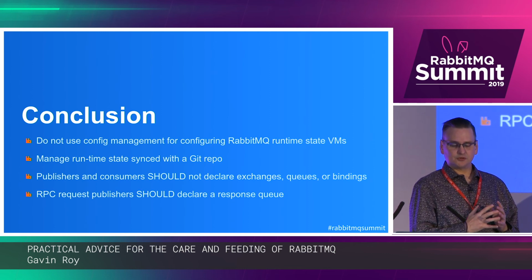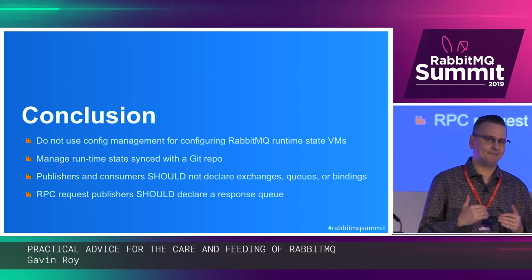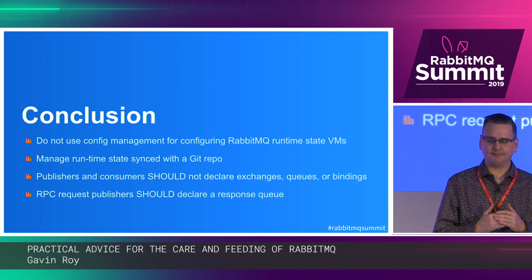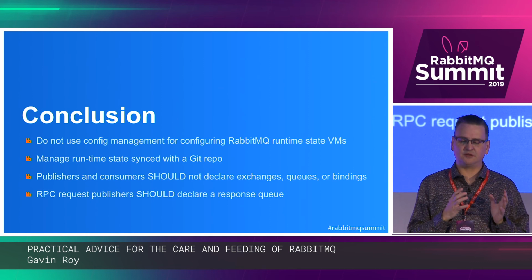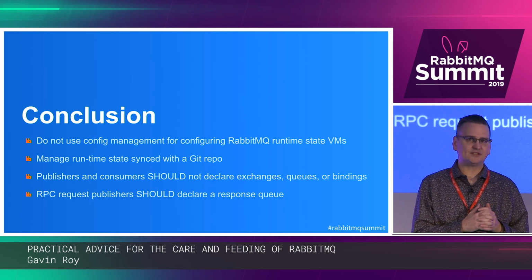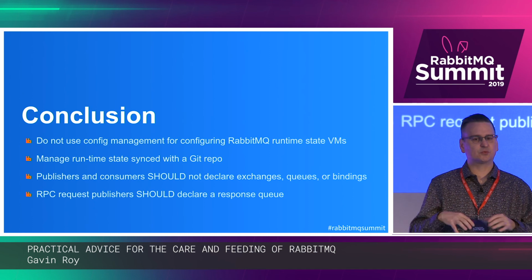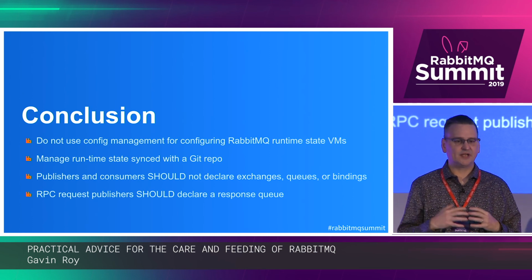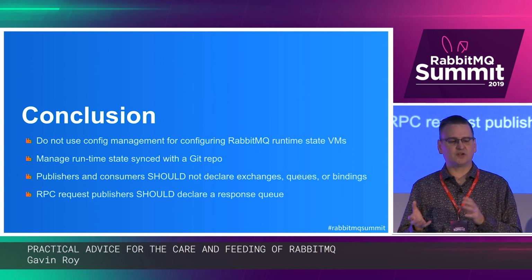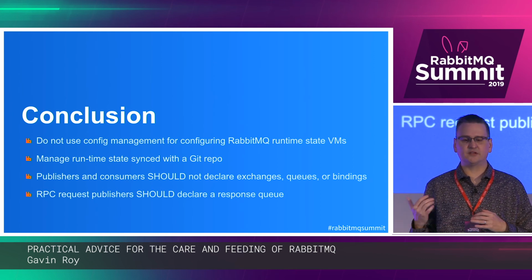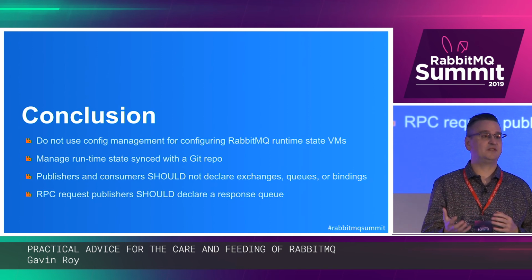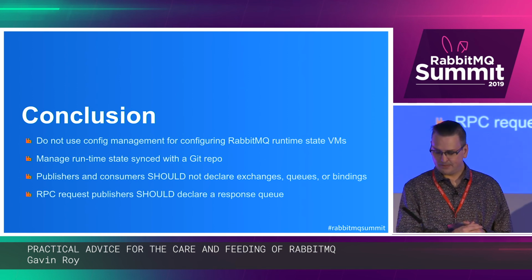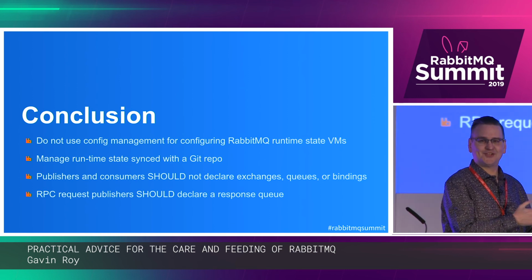Publishers and consumers should not declare exchanges. I'm going to stick with that one across any environment, because exchanges and queues and bindings, that's runtime state that is used to reflect your operational environment, and it's somewhat of a separation that you would think of in the same way that you would think of a load balancer or maybe a router. Yes, there should be that configuration, but do your applications really need to care about it? Probably not. And finally, there are applications that do need to care about it.